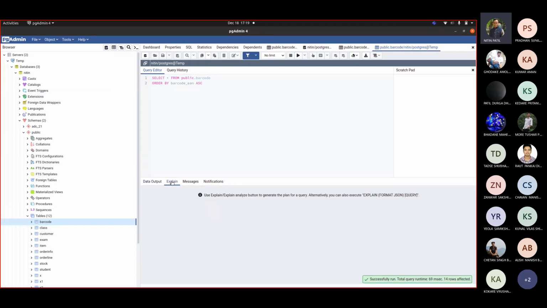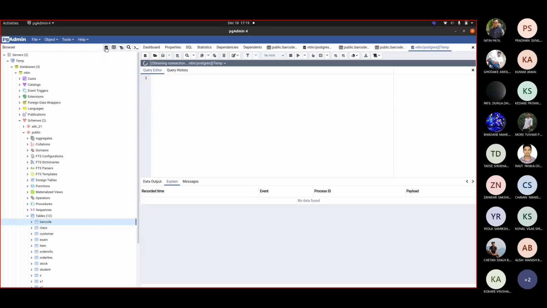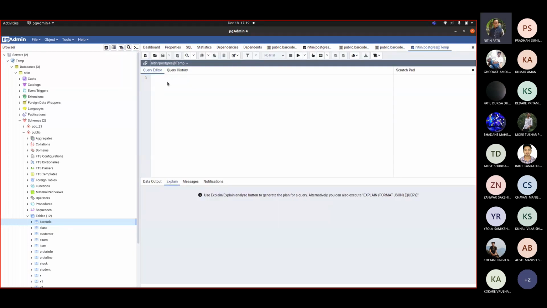If I click on this explain, I would not be getting any information, correct? Fine. Let me write select star from customer.